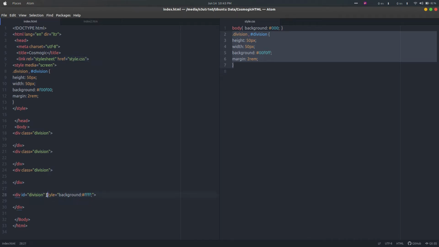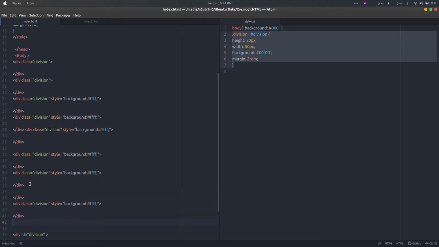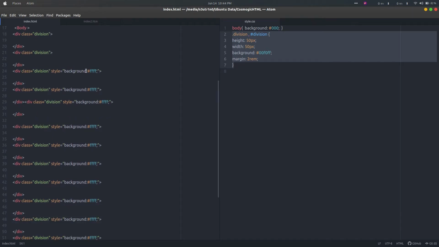But there is one problem in this. If I have hundreds of style tags like this, you can see it is a very hassle task to do all the things.